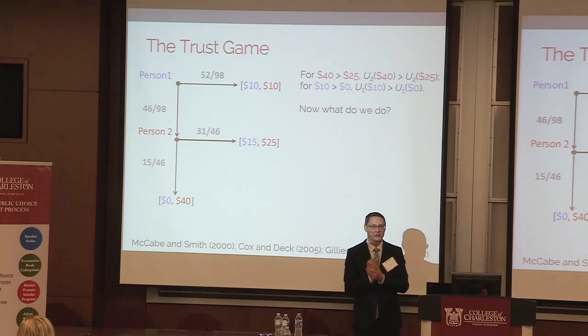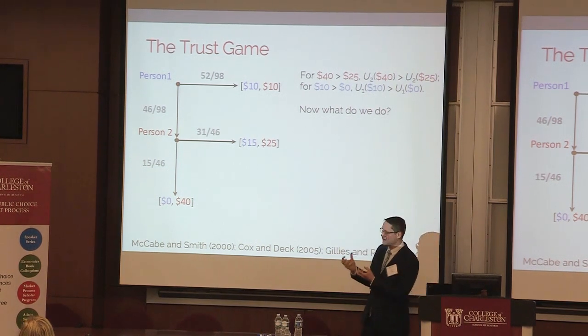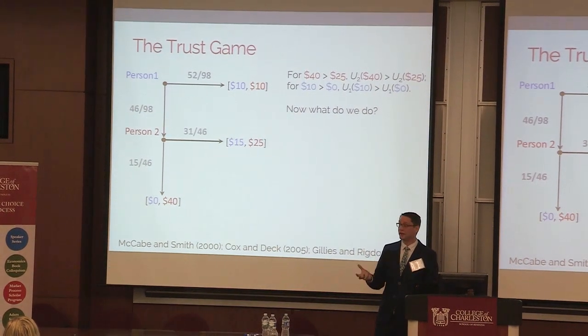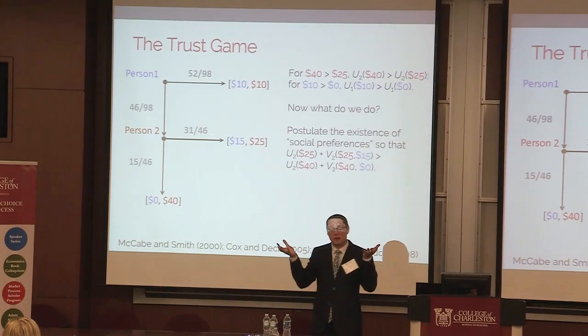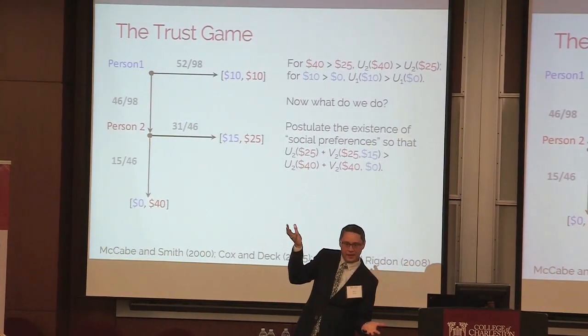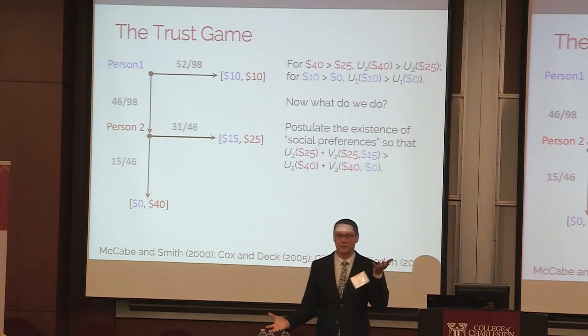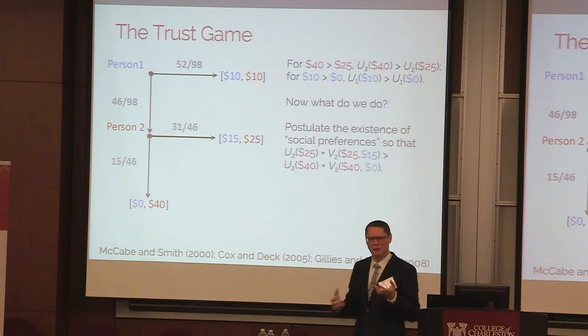Well, we go back to our tools, and we postulate that there's something else going on here. We're going to keep our same basic idea of utility for people, but we have to change those scales. We thought that more money brought the scale down like this, but it's not happening. People are doing this. They're choosing less money. They prefer less money to more. How do we make sense of that?